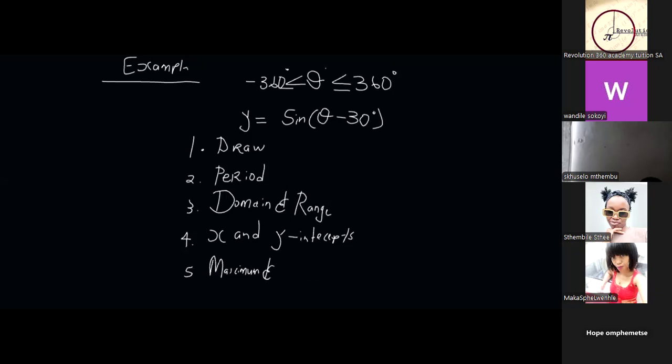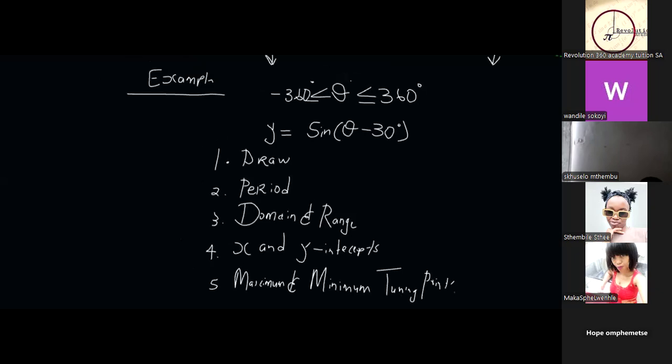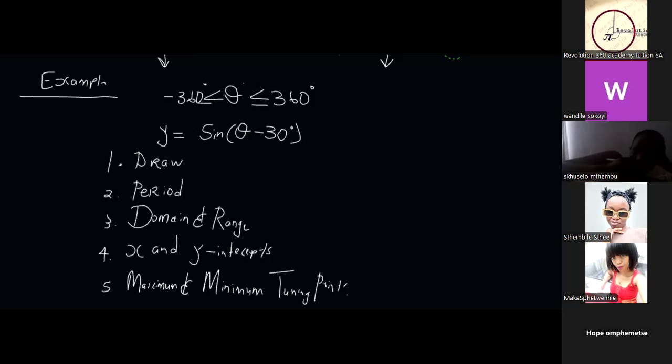So for you to answer these questions, you can't answer them if you didn't draw the graph. You must be able to draw that graph in order to answer those questions. And then you must also be very careful. As you're drawing that graph, you must check the restriction given. Since they're saying from minus 360 to 360, you must extend your graph to both ends. So that is 0 here,